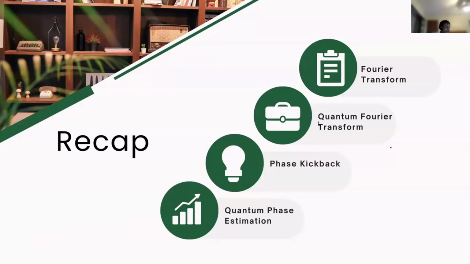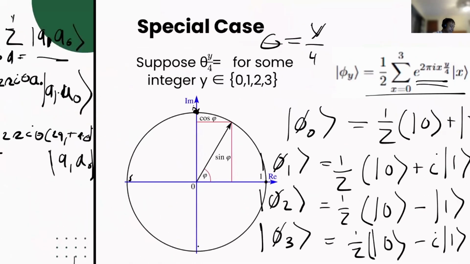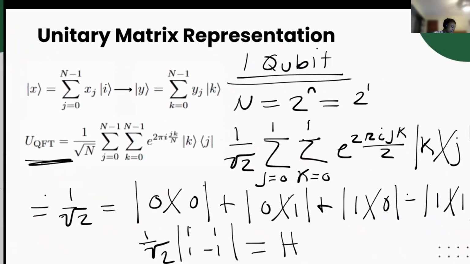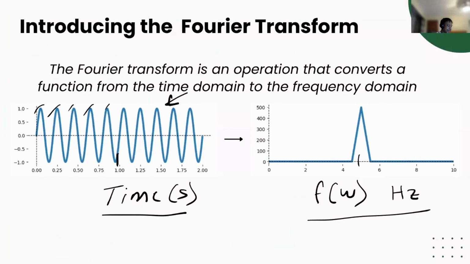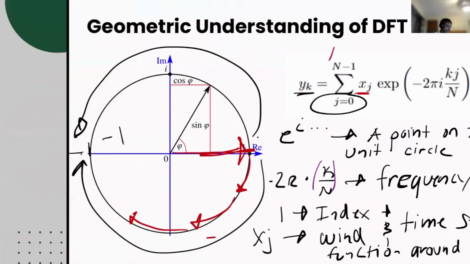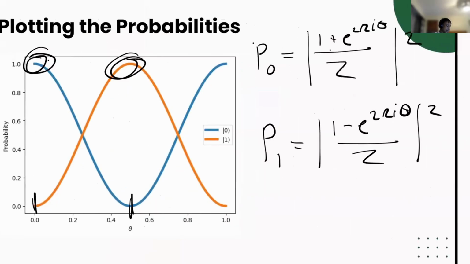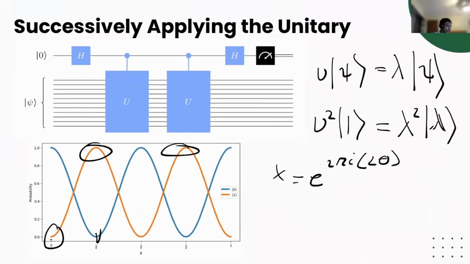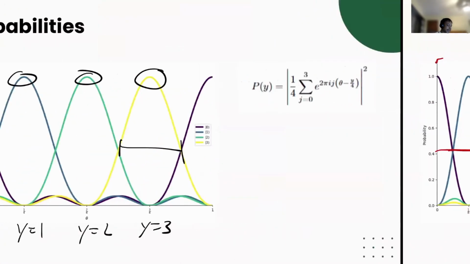I'm happy I gave the talk, and I hope that you were able to take something away from this. If I had to request you to take anything away, it's simply that the Fourier transform converts a function from the time domain to the frequency domain. The quantum Fourier transform does the same thing, but it maps the computational basis to the Fourier basis. And phase estimation in general comes as an artifact of this phenomenon called phase kickback. If you understand those three things, then they'll set you up to explore this topic in much more detail.